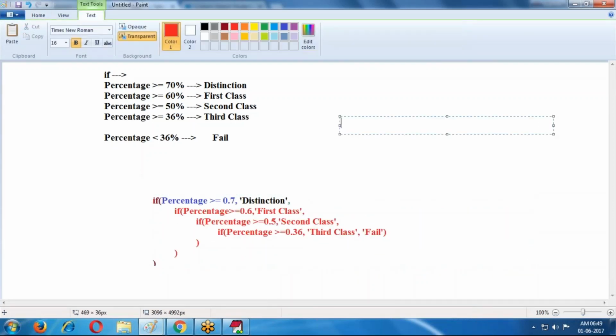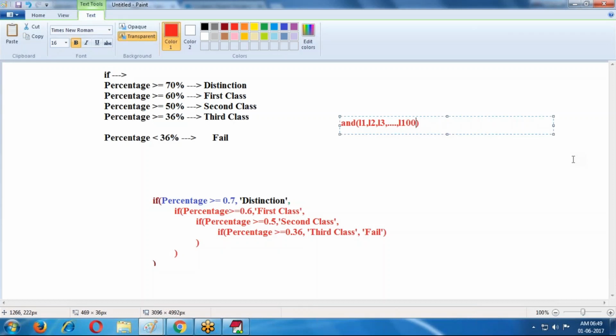Whenever we are using the AND function, logic 1, logic 2, logic 3, up to logic 100. If I write 100 logics and each and every logic value is true, then only the final output is true.